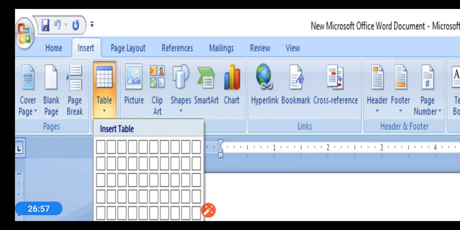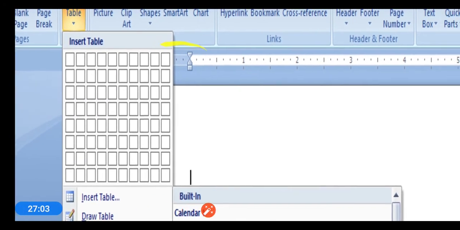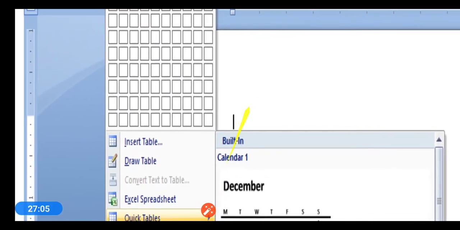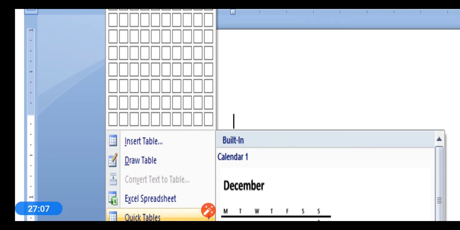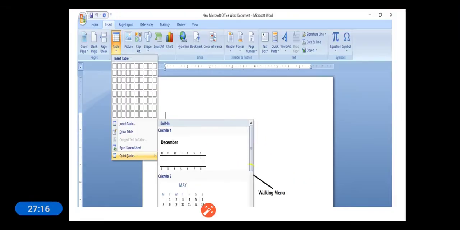Once I had selected Table, a submenu is displayed. Again, in this submenu I had selected Quick Tables. What happened? Again one more menu is displayed. So this is how we can represent the menu items by using a walking menu.